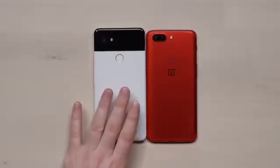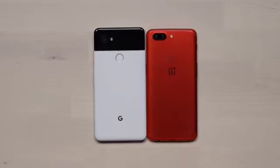Now granted, this one doesn't go all the way to 1,000, so it's a slightly different evaluation for me personally. I think the takeaway here is that at least with these two devices, I'd have no problem recommending either. And having switched over and used the Pixel 2 XL for an extensive period now, there are actually a few things that I miss